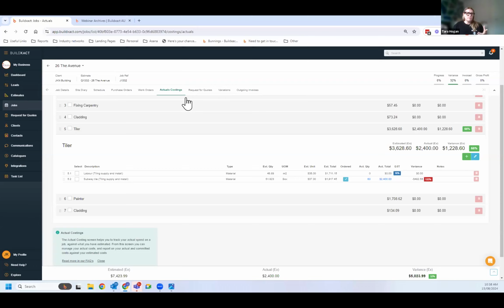And then also when you're making a variation, this is just because of how my brain is and I like things to look nice and neat on my actuals costing. When you're making a variation and you are going to,